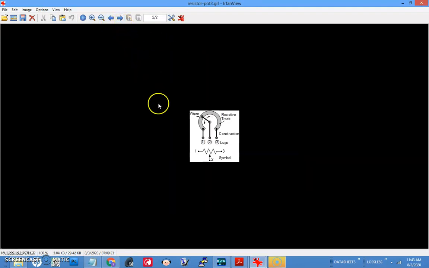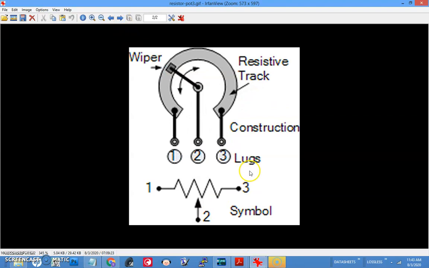Now let us see another representation which is easier to understand. That is how a potentiometer looks. In the potentiometer, pin number 1 is here, 3 is here, and this is known as the wiper, which can be rotated. As you rotate the shaft, the wiper moves around. When the wiper is at this extreme position, you get the voltage connected here, and when the wiper is at this position, you get the extreme voltage level connected to 3. In between, when you are sliding it, you will get the intermediate value.